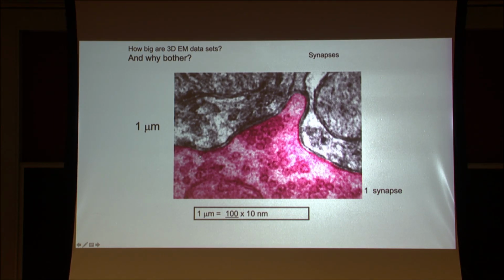This is the first high-resolution electron micrograph you'll see. It's roughly a micron by a micron, or a micron and a half by a micron. You might see a bunch of circles. Those circles are vesicles with neurotransmitters in them. So the vesicles are tiny, 40-ish nanometer sacs of chemicals with a membrane around them. They're in the axon,